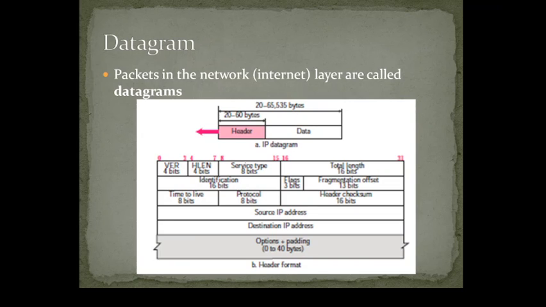So in its packet, we have seen that there will be a 20 to 60 byte header, and the other part will be data. In the header, we were going through the version, header length, service type, total length, identification, flags, and fragmentation. These three fields we left to see today, which are related to fragmentation. Next is time to live and protocol, which we have seen, and then header checksum. We will try to see this today. Then source IP address and destination IP address, and then options. So we have seen the other fields. Let us go through the fragmentation today,